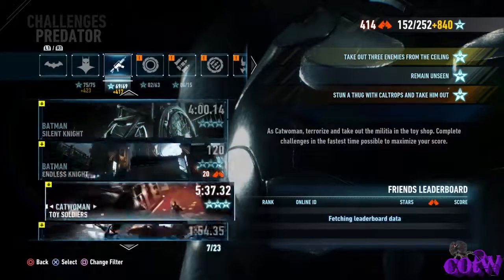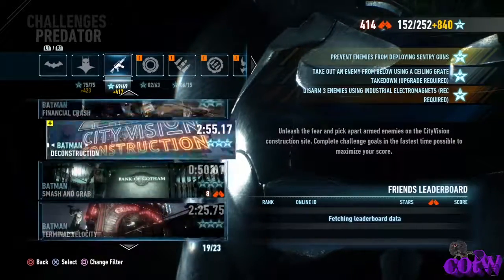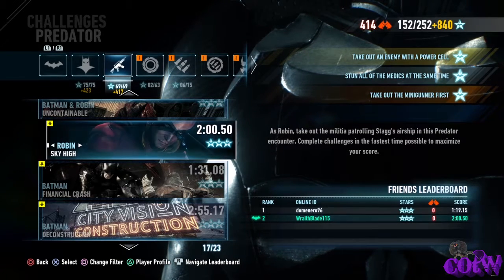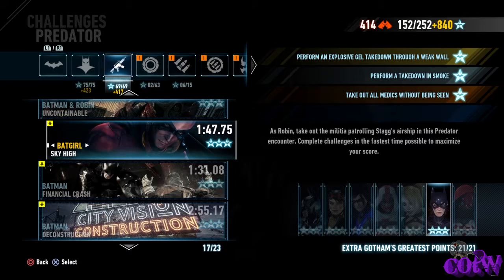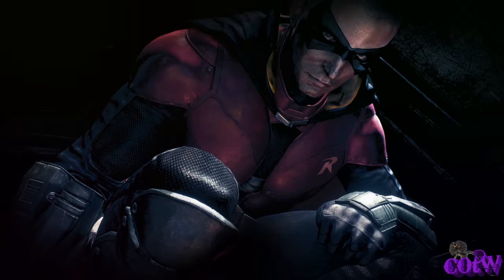Make everything neutral. And then our final Predator challenge today, again, depending on how these work out, we'll see how long this initial recording is, and if it ends up being short enough, I'll actually include a 4th Predator challenge, but we'll see. We'll do Sky High. Now this one, you got to perform an explosive takedown through a weak wall. You have to take out an enemy in smoke, and the universal challenge is taking out all of the medics